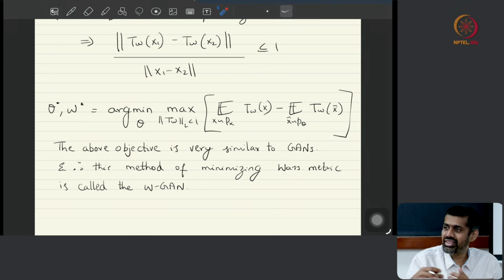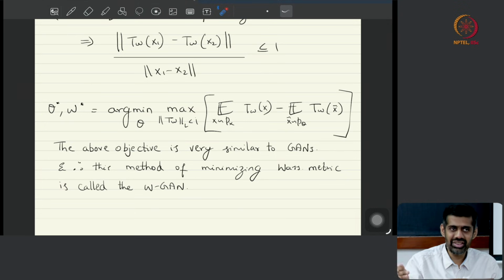They said, okay, why is this happening? Why is this problem of saturation coming up? And then they realized that it is because of the manifold hypothesis and the supports are not aligned. They said, okay, we'll look at another divergence metric, and optimal transport was proposed, or rather used, because optimal transport is an idea that dates back several decades, the 1950s and 60s. And then they found out that